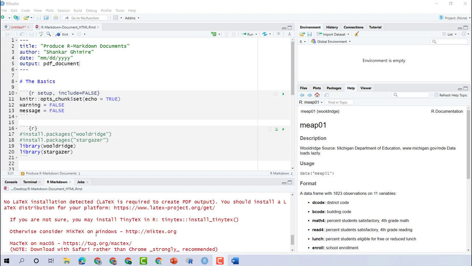And then, because you would need to do MiKTeX for Windows and MacTeX for Mac. So instead of that, you can just install this TinyTeX, and from TinyTeX you would include the TinyTeX function. And if you want to know how to do this, maybe the best way would be to go